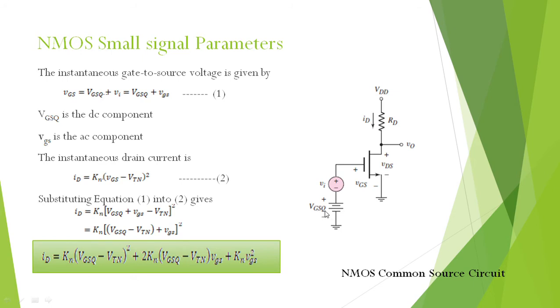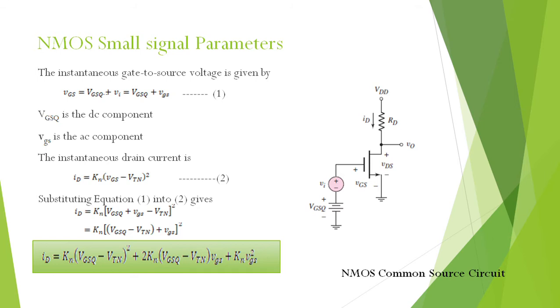Now, let us assume that this time varying voltage source is sinusoidal in nature, and the Q point of this NMOS circuit depends on the gate to source voltage we are applying, the VDD DC source, the drain resistance and the transistor parameters present in the circuit. So if we want the output voltage to be a linear function of the input voltage, then the transistor must be biased in the saturation region. Now let us see the analysis of the circuit.